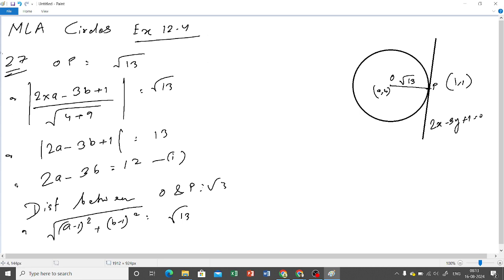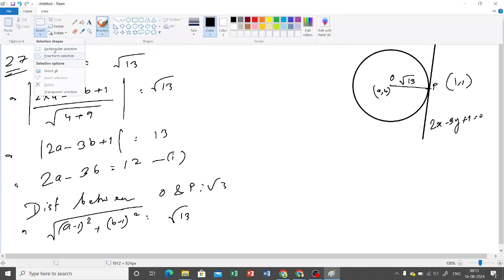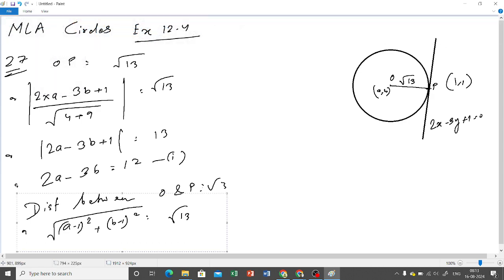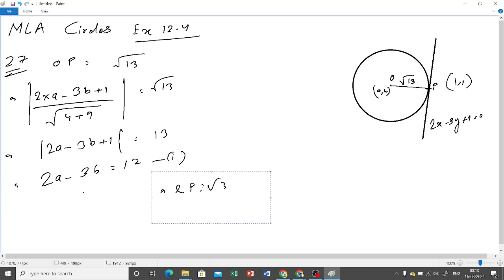But this is not going to help us that much, okay? Because we will get an equation in terms of a square, b square, and then it will be difficult to solve. So what we can do is find out the slope of